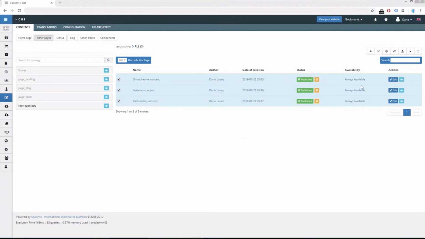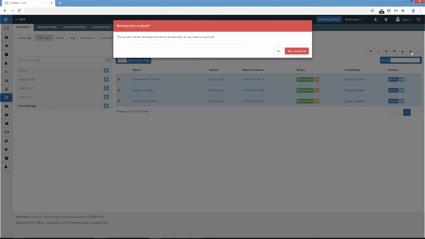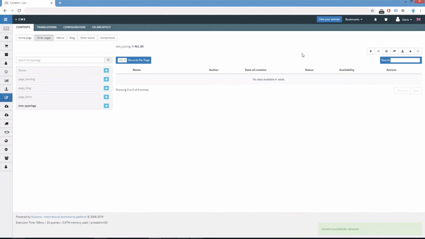Okay, just for testing purposes, we will delete all the contents of this typology. So all of them are selected and we will click on delete. Yes, okay. Now we will import the zip file we got through the export process to get the content back. We click on the import as zip,